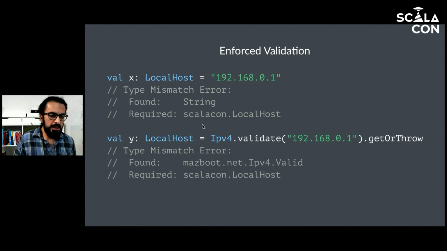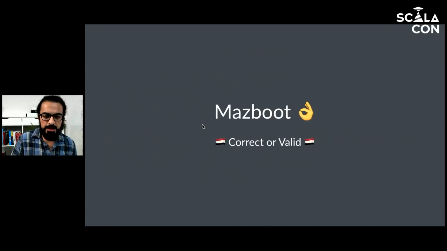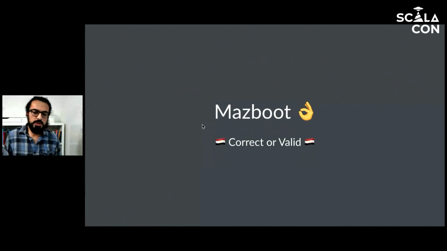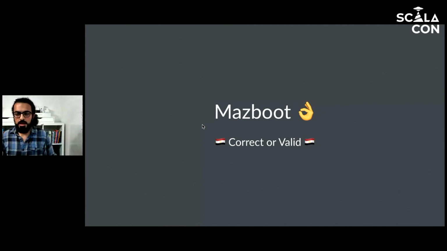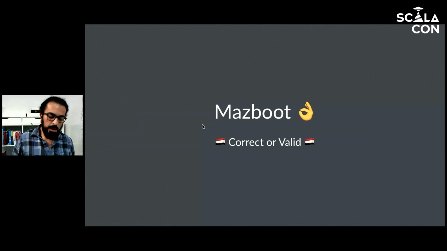Before we start, let me first explain the meaning of the library name, Mazboot. So Mazboot is an Arabic word. I'm pronouncing it with a little bit of Egyptian accent. So it means correct, valid, sometimes perfect. You can use it in the context of